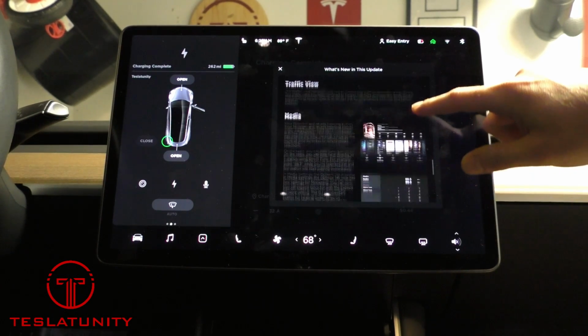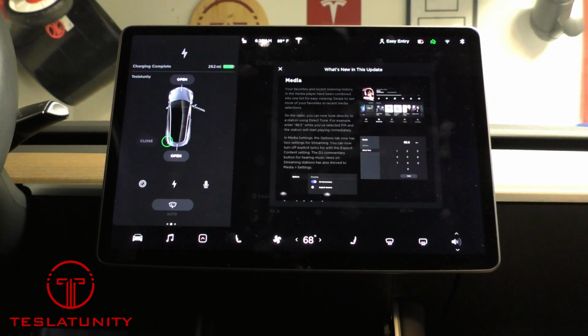Moving over to the media area, certainly some improvements here with your favorites and your recent listening history. They've now been combined into a kind of a better, easier view. So we'll certainly look at that over time. Additionally, you can now turn off explicit lyrics, which is certainly great for anyone who has kids in the car. You never know when that's going to pop up, so having the ability to turn that on and off is